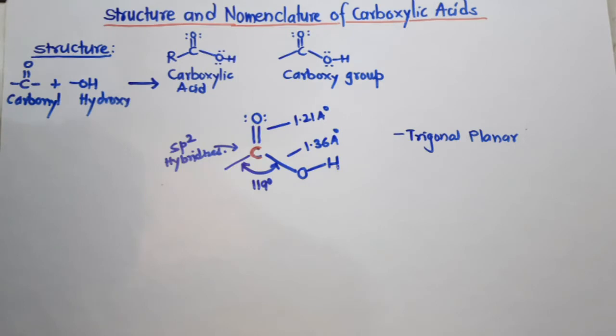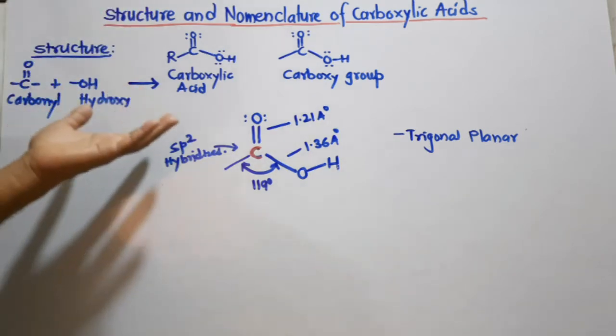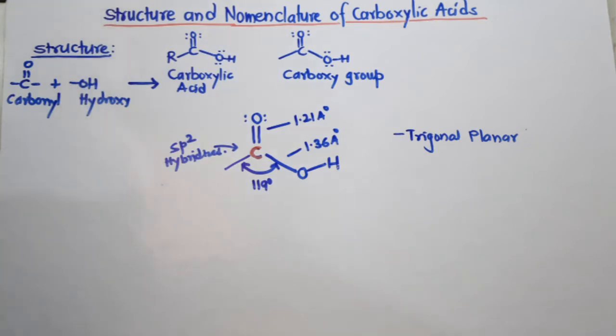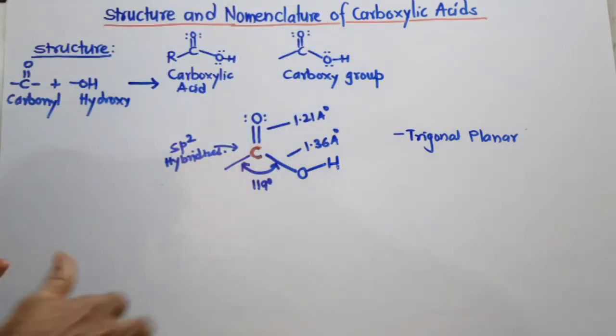Here R may be an aliphatic chain or cycle, a ring, or maybe an aromatic ring. So there are two types of carboxylic acid, aliphatic carboxylic acid as well as aromatic carboxylic acid. Now I'll discuss the structure of carboxylic acid. As I mentioned earlier, this functional group is very important, so we are going to discuss the structure of its functional group because it decides the physical and chemical properties, particularly the chemical properties, of the carboxylic acid molecule.